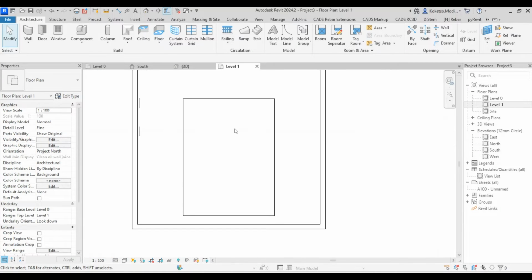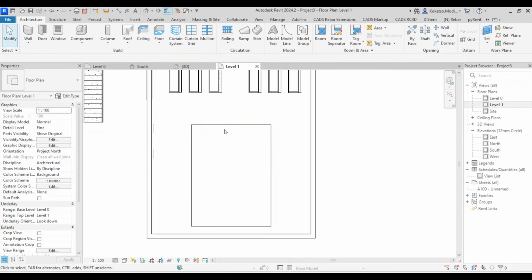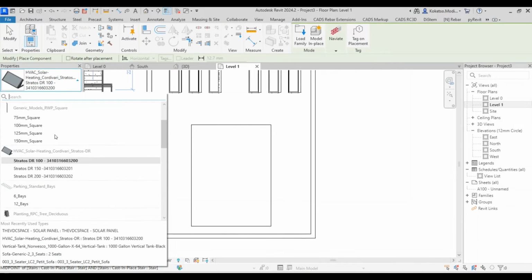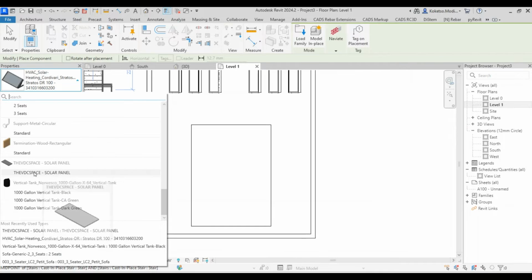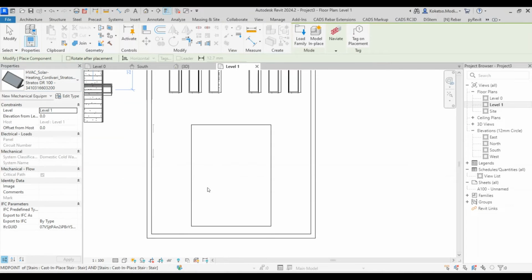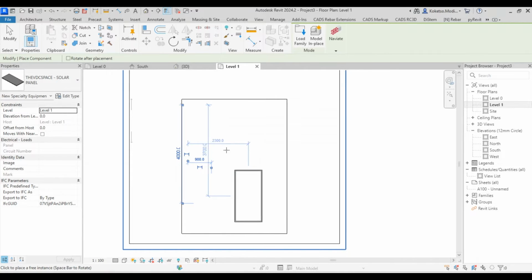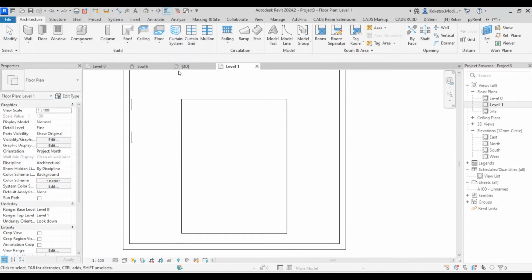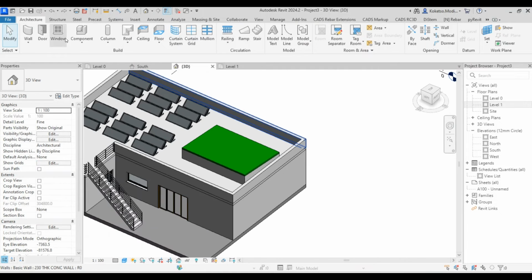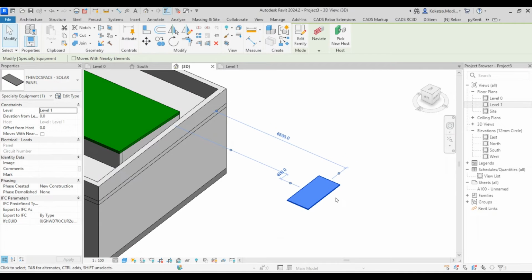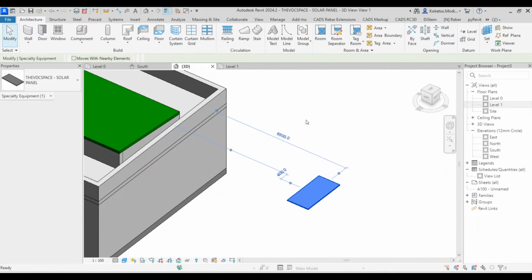Which brings me to another thing we should place, the solar panels that we did on the previous tutorials. I have loaded them in. So I'm just going to scroll down, and so these are the solar panels that we did on the previous tutorials. So I'm just going to place, actually, let me say undo. Let me just place one randomly here so that we can change its constraints. So I'm going to select it, go to edit family,